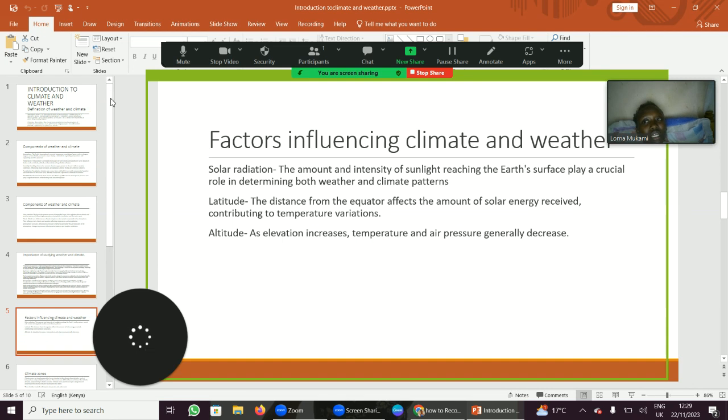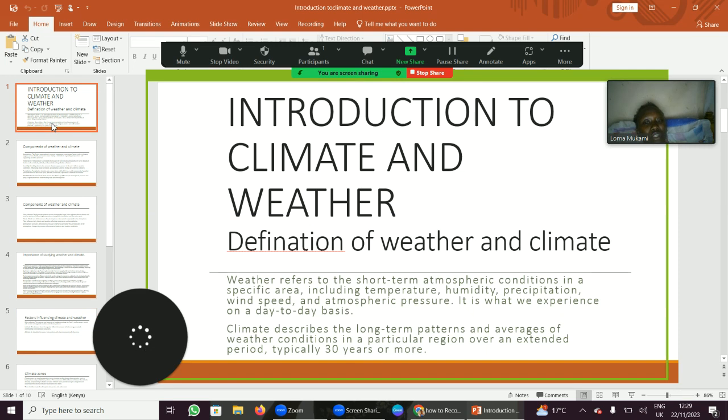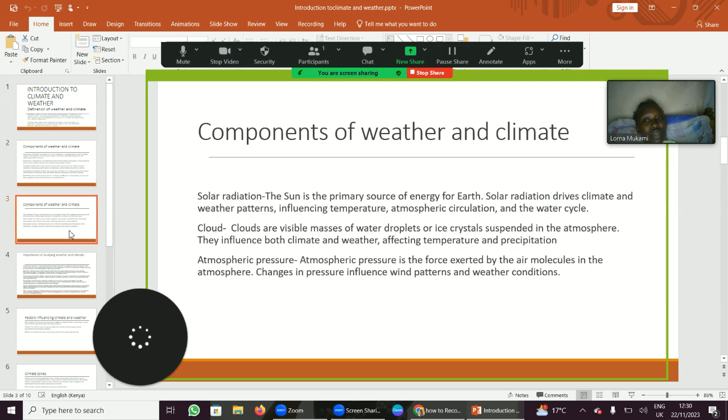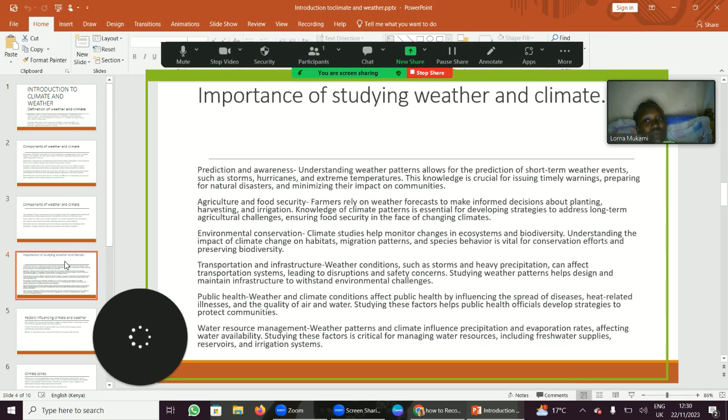Climate involves a long-term pattern of over 30 years, while weather is on a day-to-day basis, where it changes day to day. We have also looked at the components of weather, which are the atmosphere, temperature, humidity, precipitation, wind, solar radiation, cloud, and atmospheric pressure. We have also looked at the importance of studying